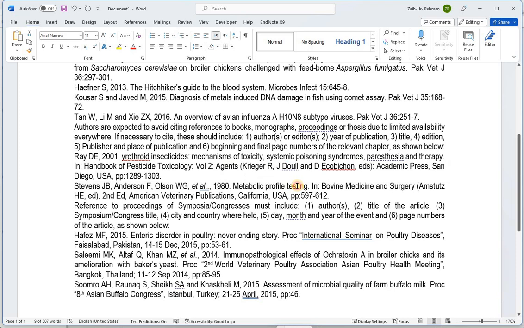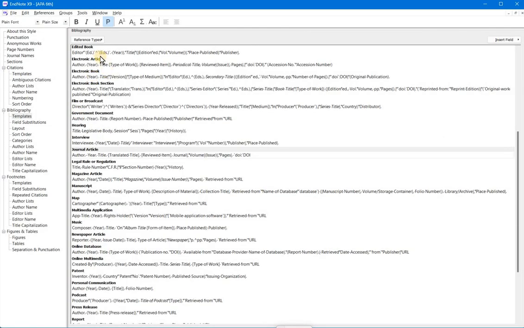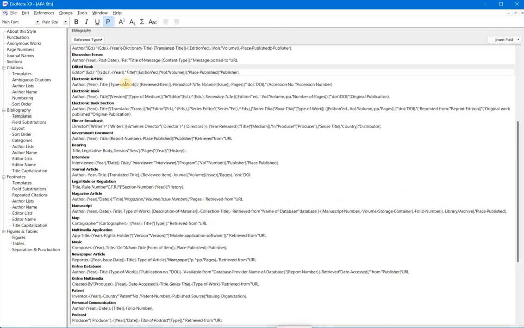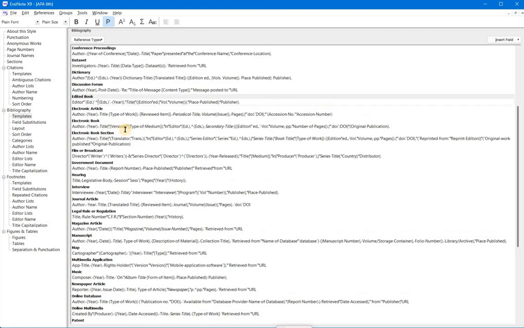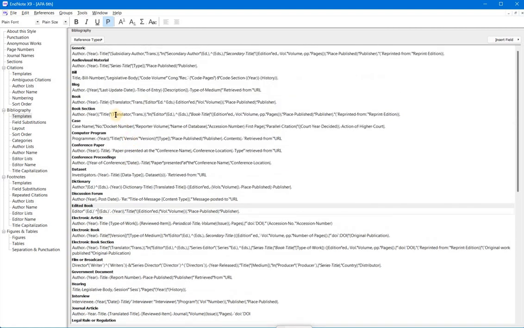year, then metabolic profile testing, and it is in the Bovine Medicine and Surgery, second edition, American Veterinary Publication, California, USA, and then pages. And these should appear so. This style is for the books or the book chapters. We are going to the book or the book chapters,